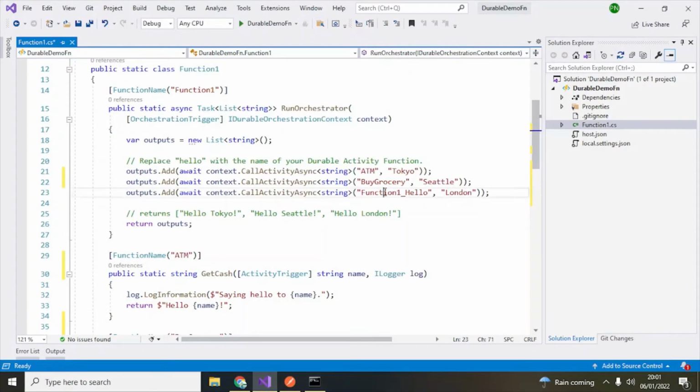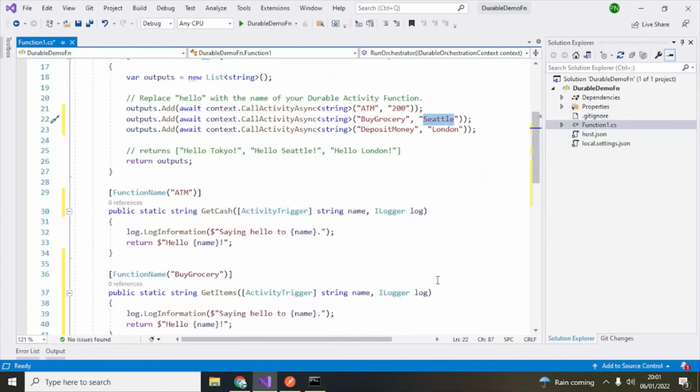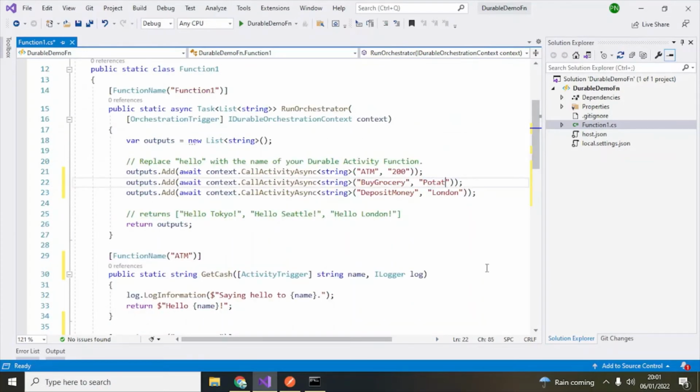So deposit money, and I pasted it. Now here, get cash. So I have to tell the ATM function how much cash I need. So I will say, let's say 200. It could be $200 or 200 rupees or whatever. So 200, and then here I will say buy something. So which means, let's say buy potato, and then